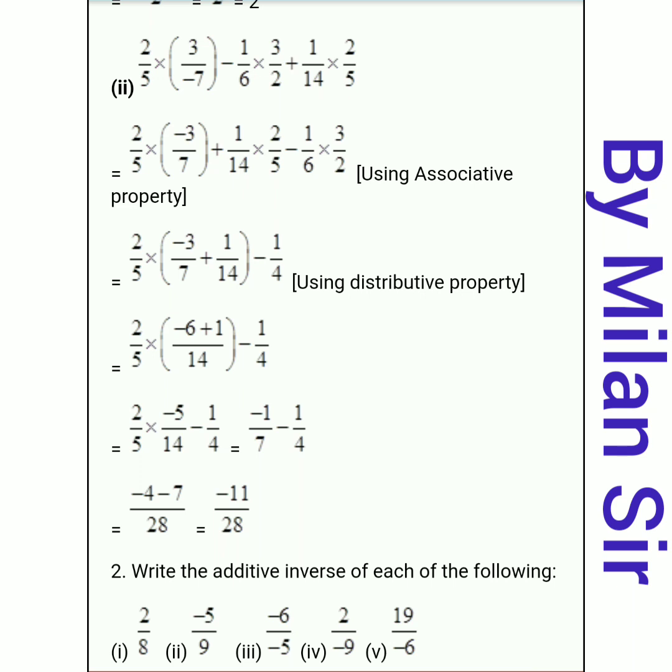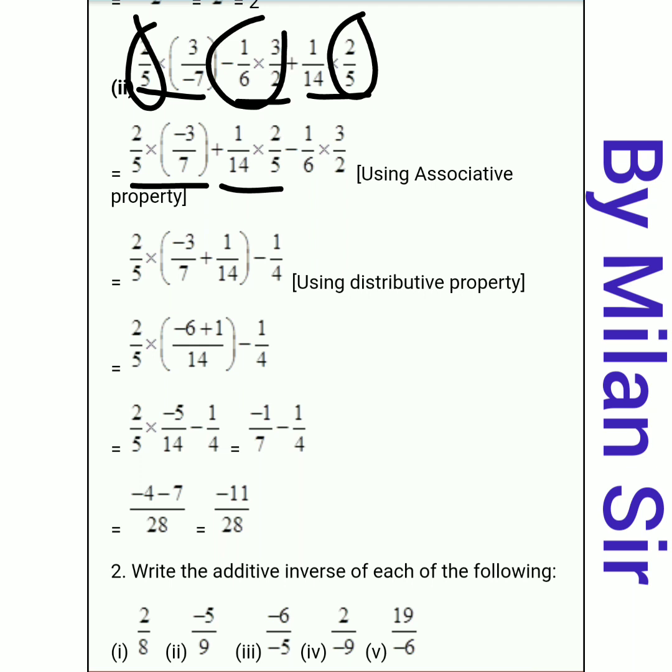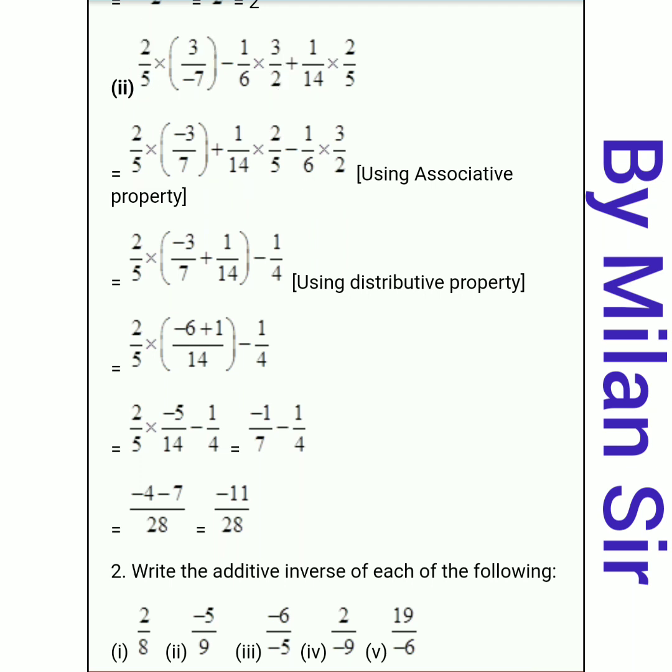Again, first of all just count the number of terms. Okay, then just check if anything is common in two terms. So here 2 by 5 is common. So just write these two terms together. First of all I write the first term, then the third term, and I transfer the second term to the end. Then I take 2 by 5 as common. This is called the distributive and associative property, right? If we change the order of the terms, it is the associative property. Then we take 2 by 5 as common. So what is remaining? Minus 3 by 7, and here plus 1 by 14.